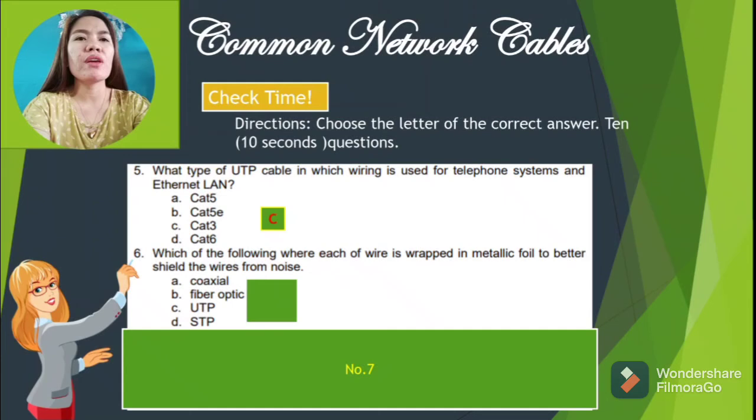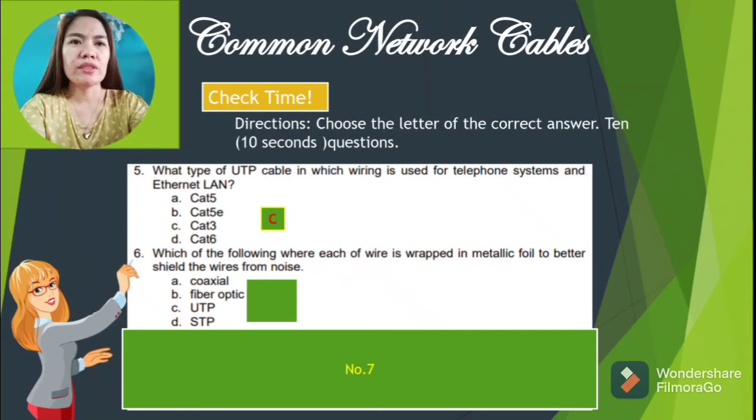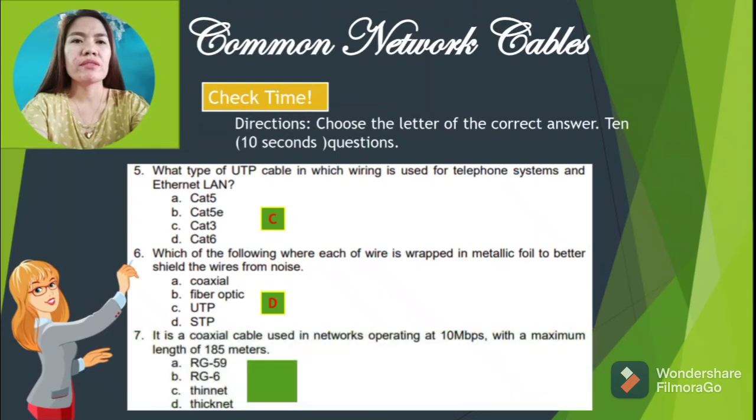Which of the following, where each pair of wire is wrapped in metallic foil to better shield the wires from noise? Okay, the answer is it's letter D, STP. Okay, we'll proceed to number 7. It is a coaxial cable used in networks operating at 10 megabits per second with a maximum length of 185 meters. And the answer is